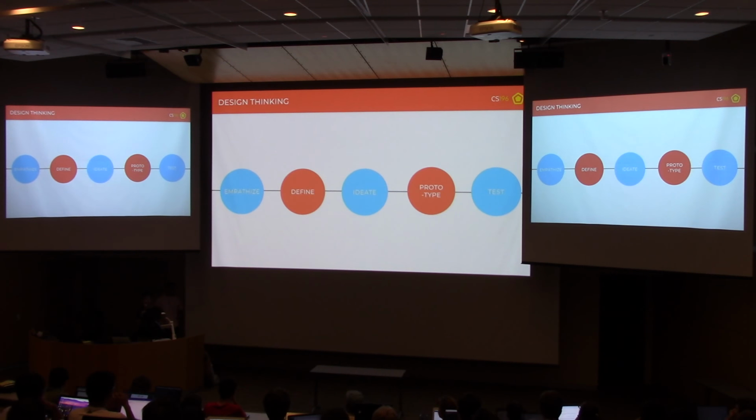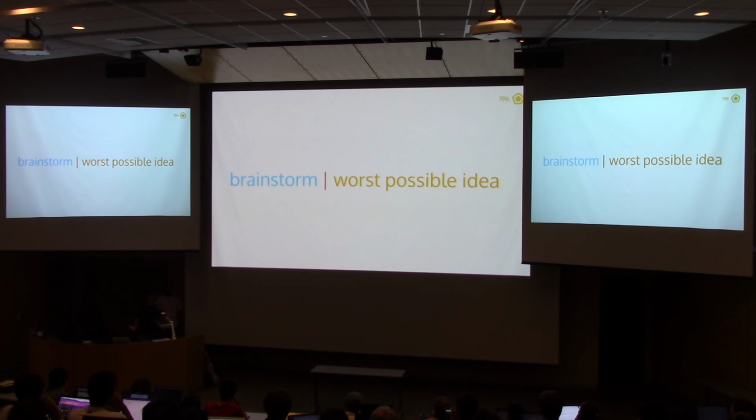Ideate is really where you come up with your ideas, right? It's where you do things like brainstorm. How many of you know what brainstorming is? Can somebody yell out what brainstorming is? Like, what comes to your mind when you think of brainstorming? Think of everything. I'm sorry? You think of all the possible ideas. You think of all the possible ideas. So here's a good way to brainstorm. Here's what I do. I set a limit for myself. I say, I'm going to think about this problem for the next 60 seconds. But in those 60 seconds, I essentially try to create a storm of ideas.